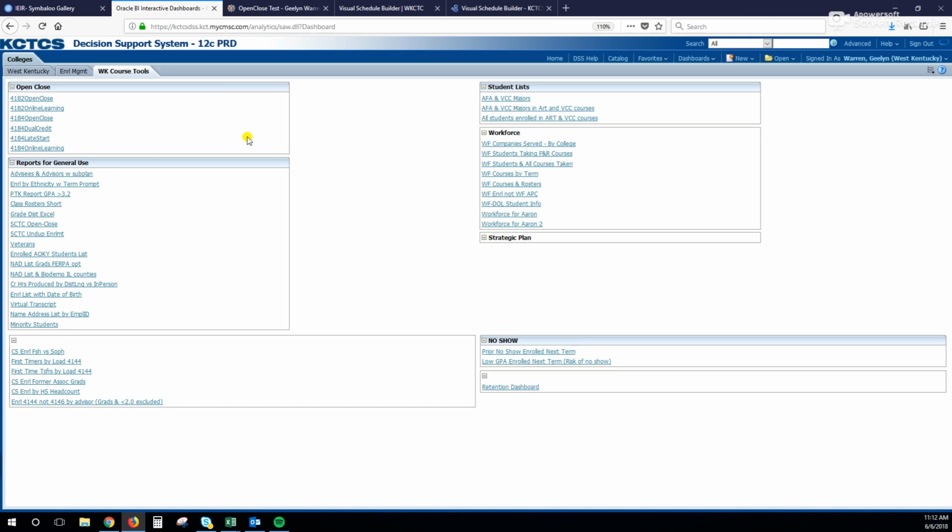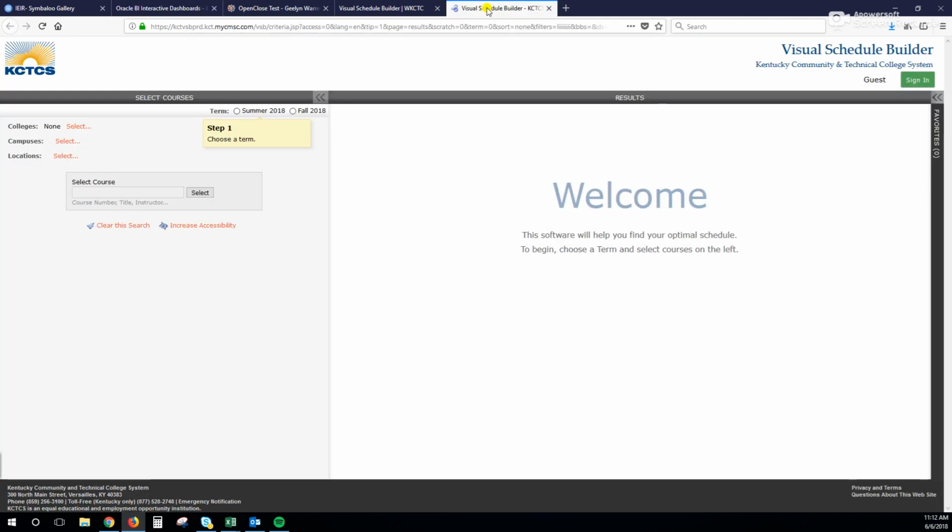So if you are working with a student, the Visual Schedule Builder does let you search and select courses. And it does have the live information for whether or not a class is full at that particular moment. So when we're getting into that peak time, the Visual Schedule Builder does have the live information when you're building a schedule. And again, it does give you the options to